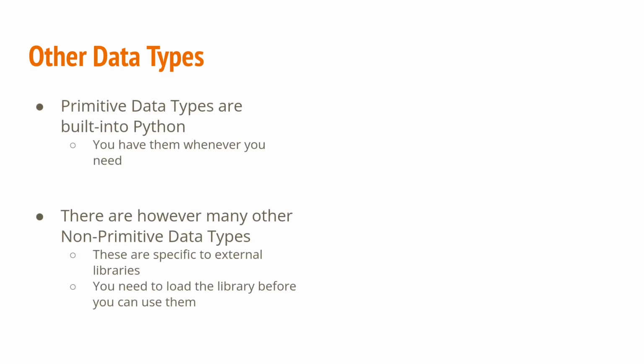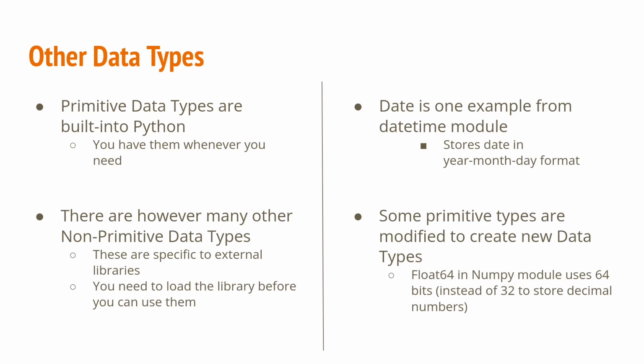While there are 5 primitive data types, Python is not just limited to them. There are other data types as well. These are called non-primitive data types. Non-primitive data types means you don't have access to them anytime you want. They are hidden in some particular libraries or modules. So you have to first load the module to be able to use these data types. Some examples, date is a data type to store dates, and it's available to us in the